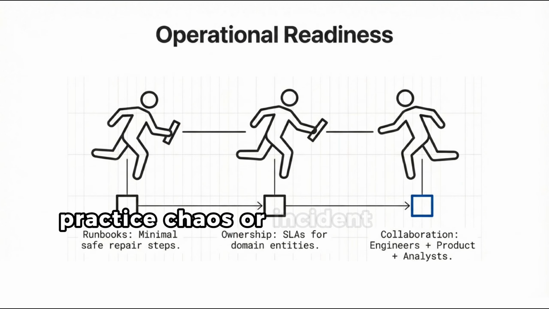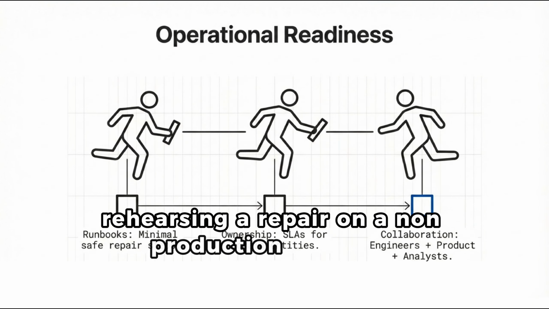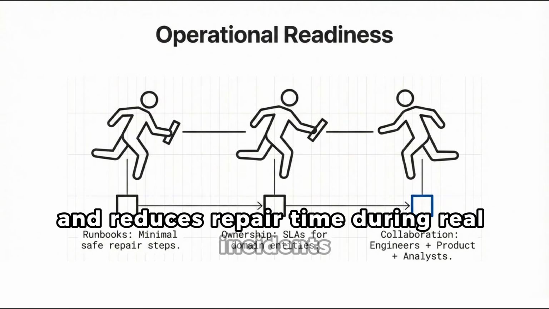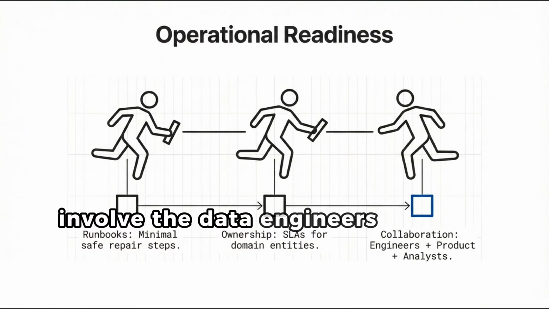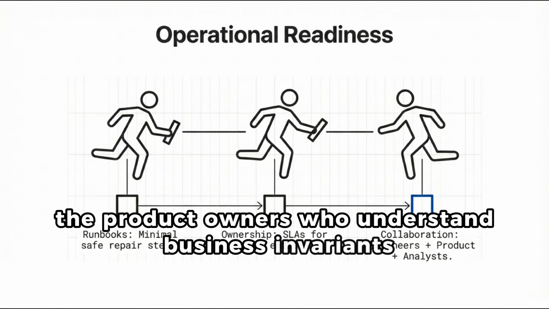Practice chaos or incident drills for data systems. Rehearsing a repair on a non-production snapshot trains the team and reduces repair time during real incidents. Make repair work collaborative. Involve the data engineers who run pipelines, the product owners who understand business invariants, and analysts